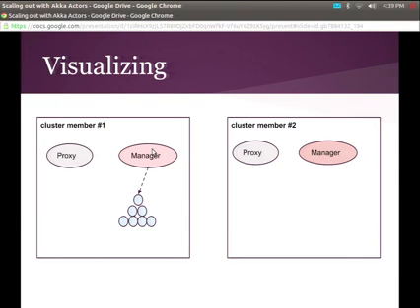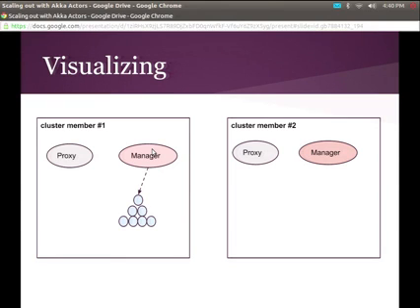The question is, if node 1 goes down, how does node 2 know that node 1 went down? So there's constant communication happening between all nodes in the cluster. And we're measuring the response time. We send a message every n whatever, and then we calculate how long it took for the message to go and come back. And we track the average. And it's this phi accrual method.